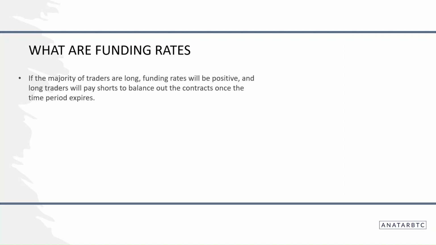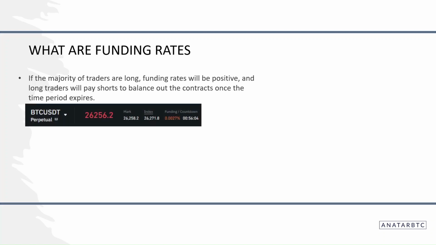Okay, so if the majority of traders are long at any moment, then funding rates will be positive, and long traders will have to pay the shorts to balance out the contract once the funding reset happens or the time period expires. So for example, this is the BTC price from today, and it had positive funding. And as we can see here, the countdown is 56 minutes and 4 seconds. That means after 56 minutes and 4 seconds, the long traders will have to pay the short traders a fee